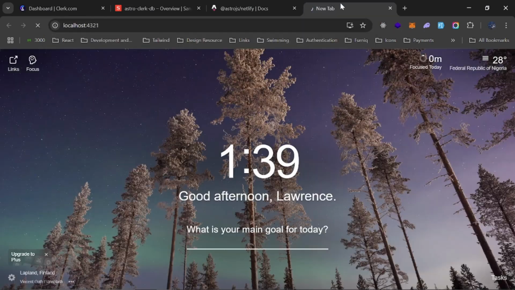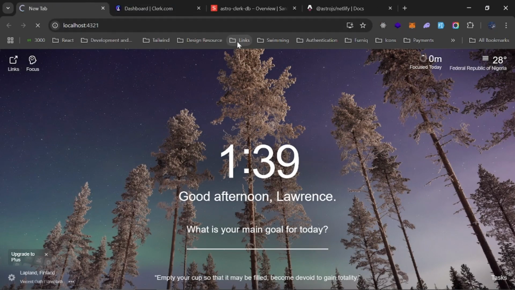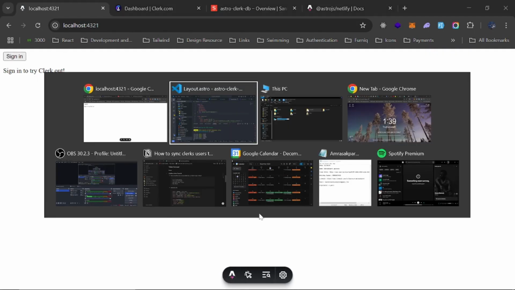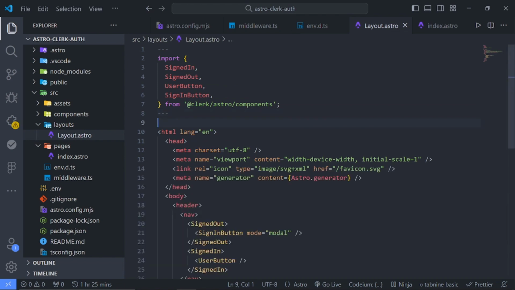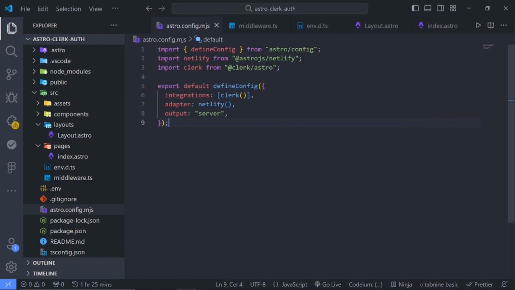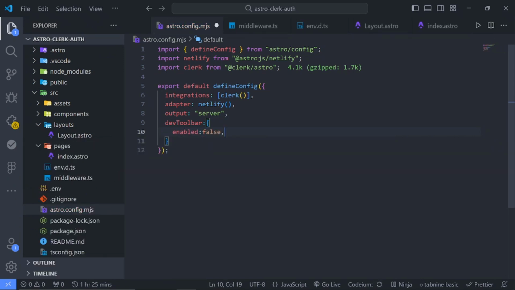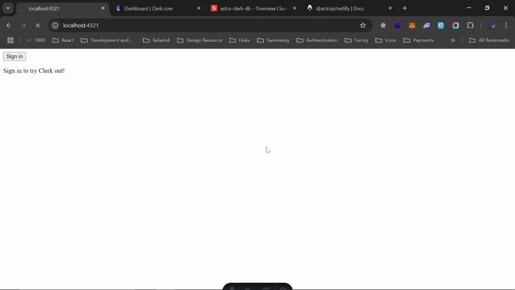and I'll open it in a new tab and bring this close to this. And before we test it, I just want to disable this. So I'll go to Astro config and say dev toolbar, set enabled to false. Okay,